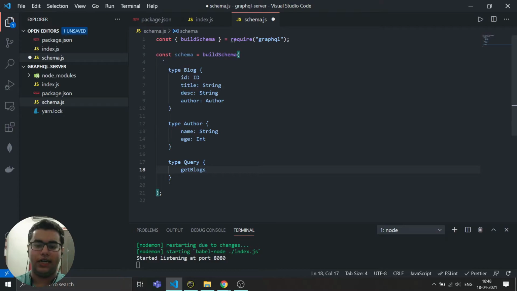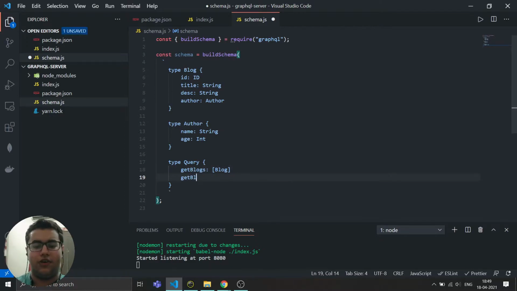What getBlogs will do is it will be returning us a list of blogs, or an array of blogs. This refers to what type of data it returns. This is the name of the query, and it is a function. We are not giving a parenthesis because it is not taking any parameter.